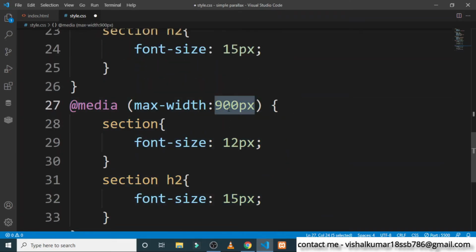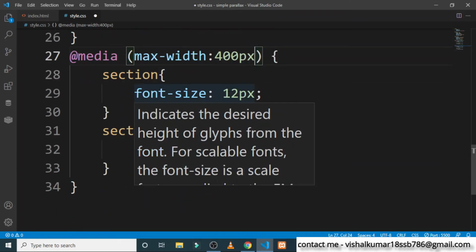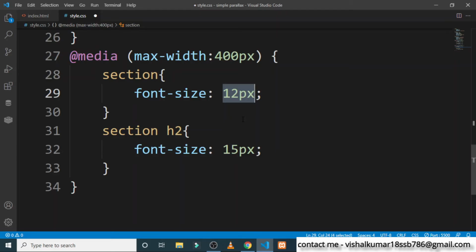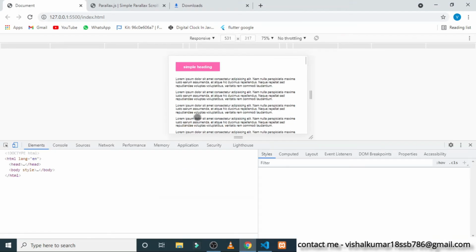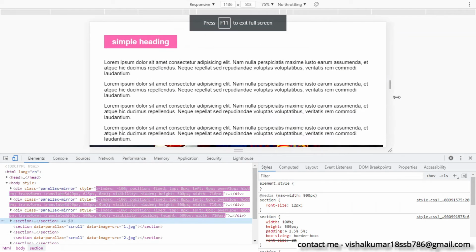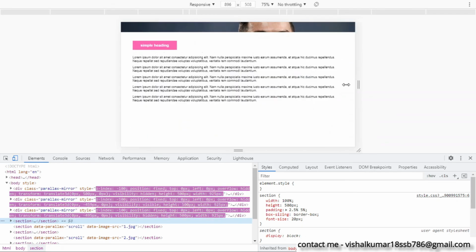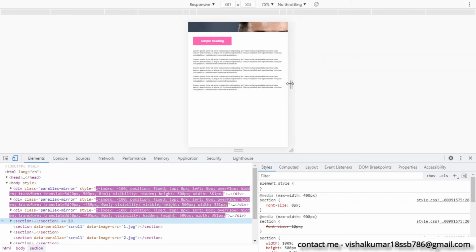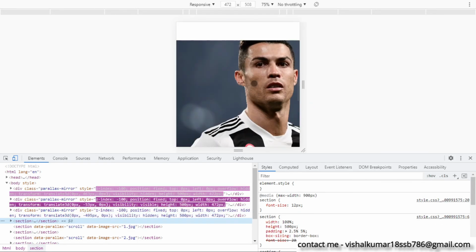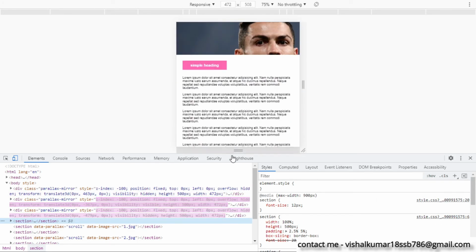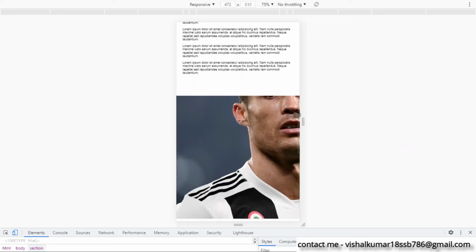So we are going to create another responsive rule for 400 pixels. Here put the font size of 8 pixels and the font size of the heading as 12 pixels. So let's inspect it. As you can see in this example, when I scroll it, the content of this web page is within the section, and on scrolling this website, it is truly responsive, as you can see.